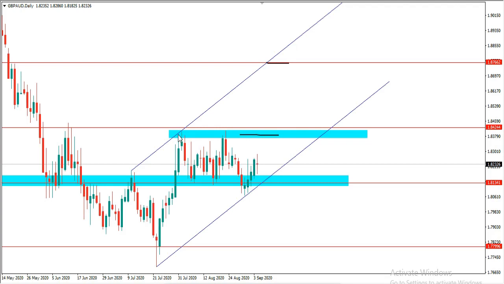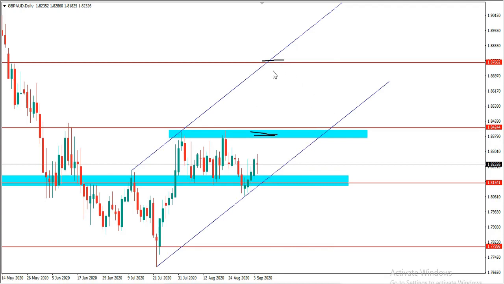Because as long as we have 2 rejections of this area, we have 3 rejections of this area right here, it means we have a range on our hands, and we might just have a situation where the price will get to this high and reject it back to the support, and might just see back and forth movement within this range to either get the break above to our overall target, or the break below to our overall monthly target. So for now, this is the area where I'll be expecting to see a daily close above before I'll be looking for long trades to my overall target at